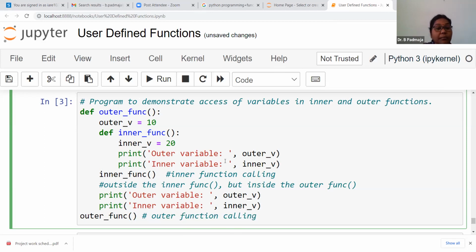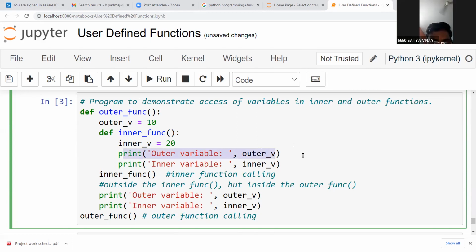Right? Now, what will be the output? Whether I will get any errors or not, you have to first justify and tell me. Now, tell me in this first print statement,